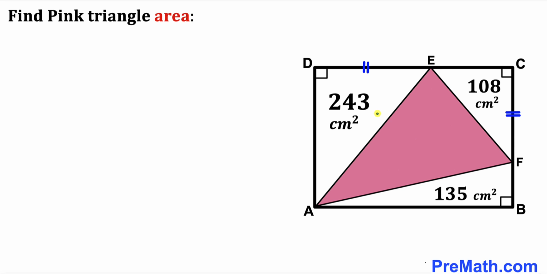you can see in this diagram, such that the area of this triangle ADE is 243 centimeter square. The area of this another triangle ECF is 108 centimeter square. And finally, the area of this another triangle FBA is 135 centimeter square. And moreover, this segment DE is equal to this segment CF. And now our task is to calculate the area of this pink shaded triangle